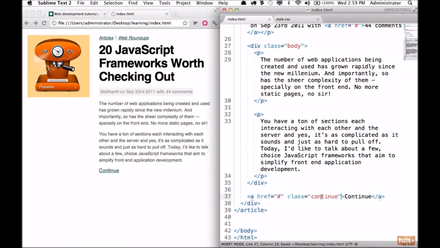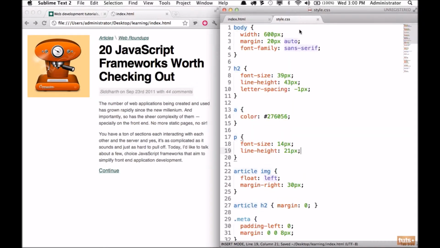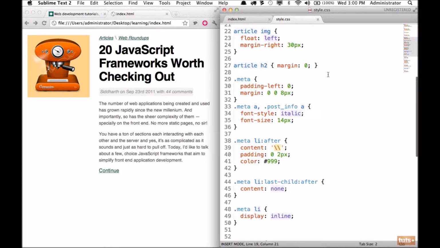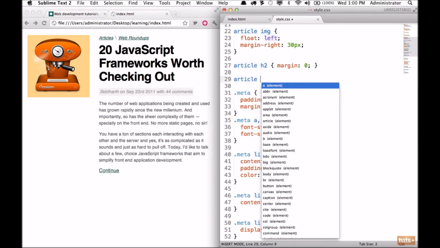Now you might be thinking, what, I thought that was a bad practice to name a class the same as the value, but it's not. It's just convenient. You can change this to read more, and this will still make sense. It refers to the element that will continue on to the post. And now within the article, we'll place it right around here, and you'll see how quickly it becomes important to